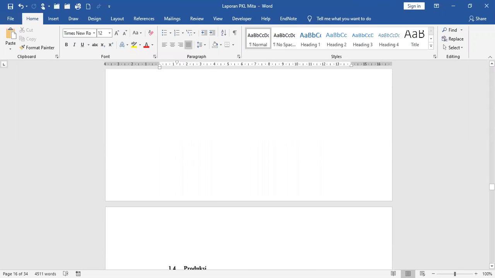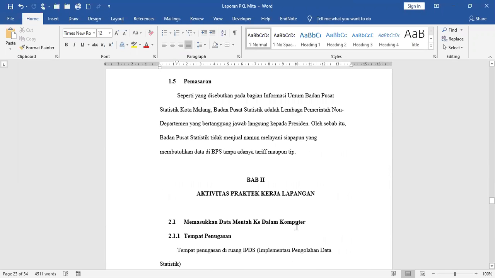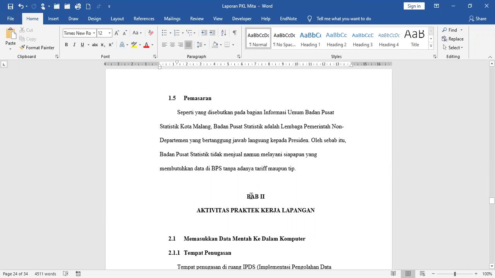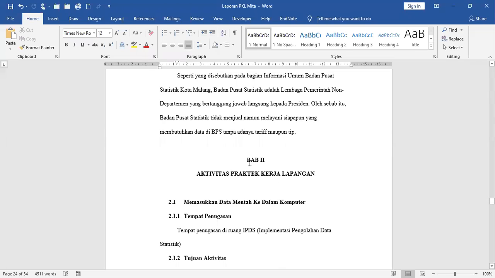Okay, the second chapter title. Okay, here. You can see that page number 15 is displayed on the top right corner of the page. This is the last page of chapter 1. And to move the title of chapter 2 into the next page,